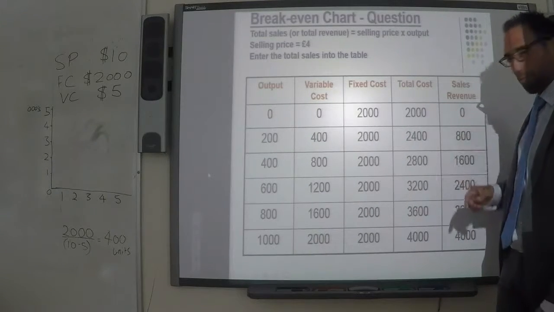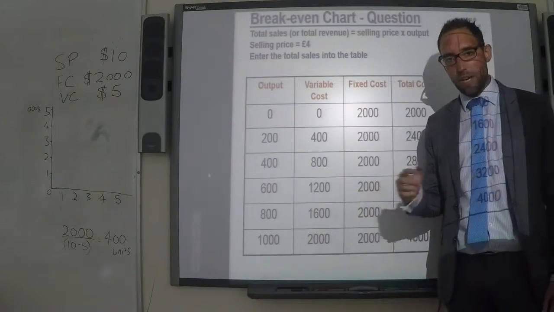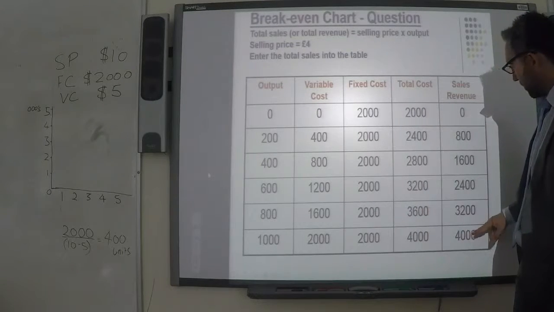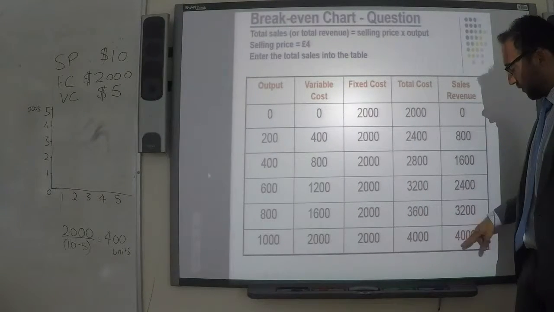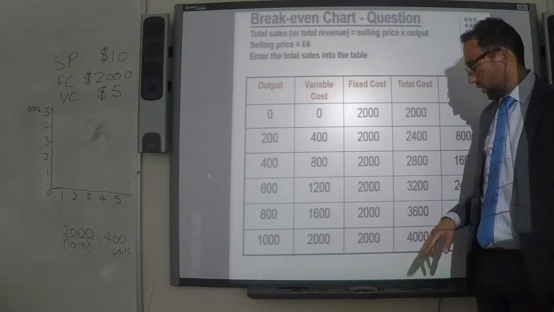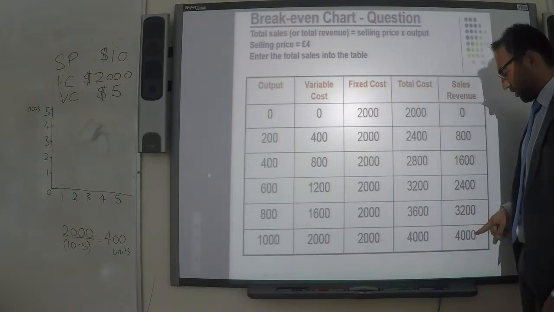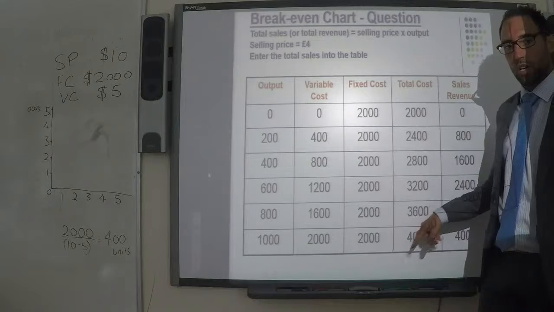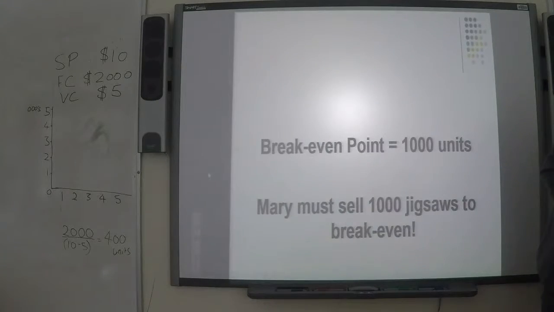So remember, if you think back to the profit formula, profit is total revenue minus total costs. 4,000, which is total revenue, minus 4,000 would give 0. So we are breaking even here because total revenue exactly equals total costs. Okay, so the break-even point is 1,000 units. Remember, it's expressed in units